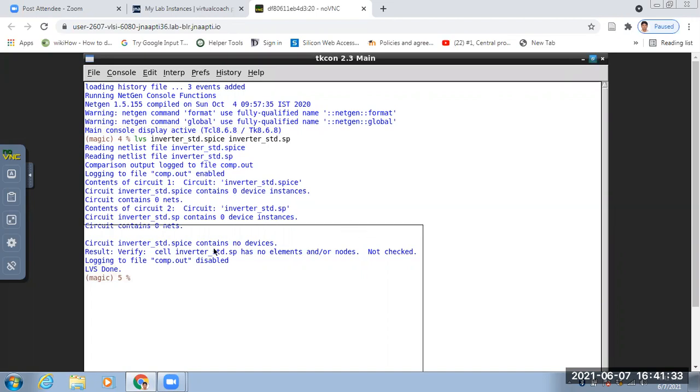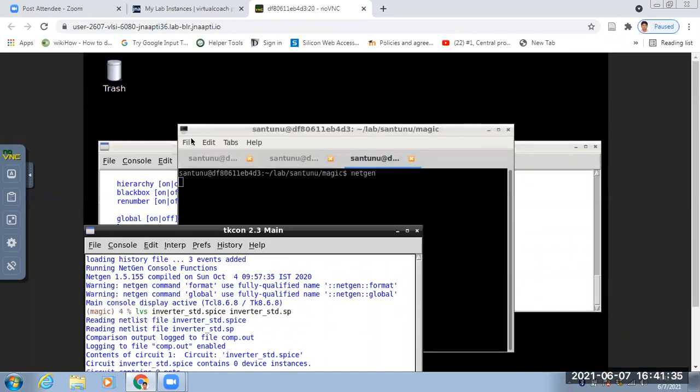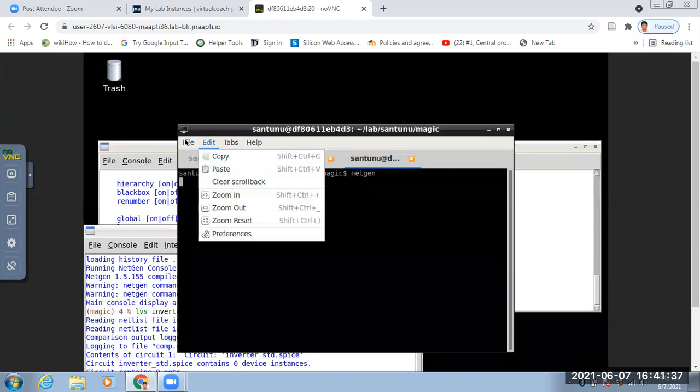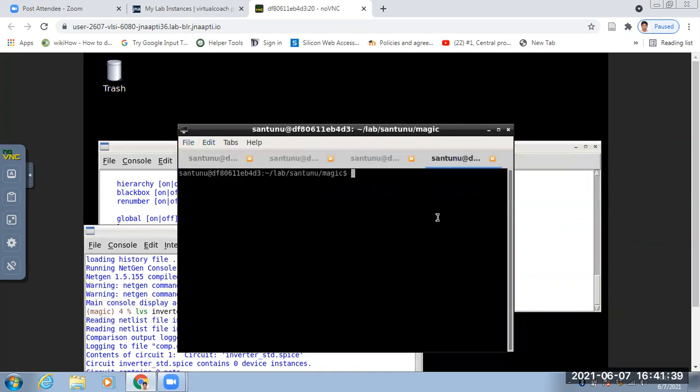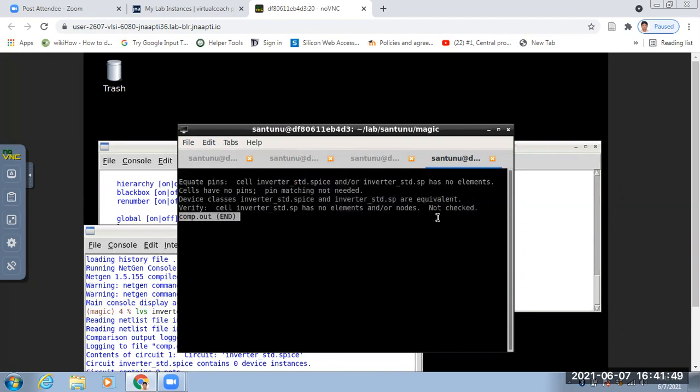You can check the compare with less comp.out. So: equate pin, cell name input has no element, cell has no pins. Okay, we have to check that.